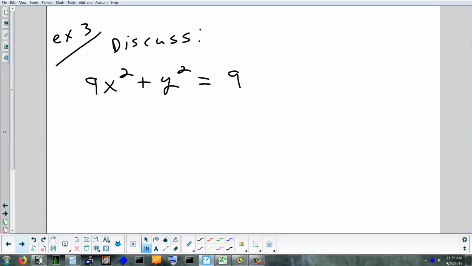It's not in the right form. To be in the correct format, it should equal what number? It should be equal to 1. So what would I divide everything by to make it equal to 1? Divide by